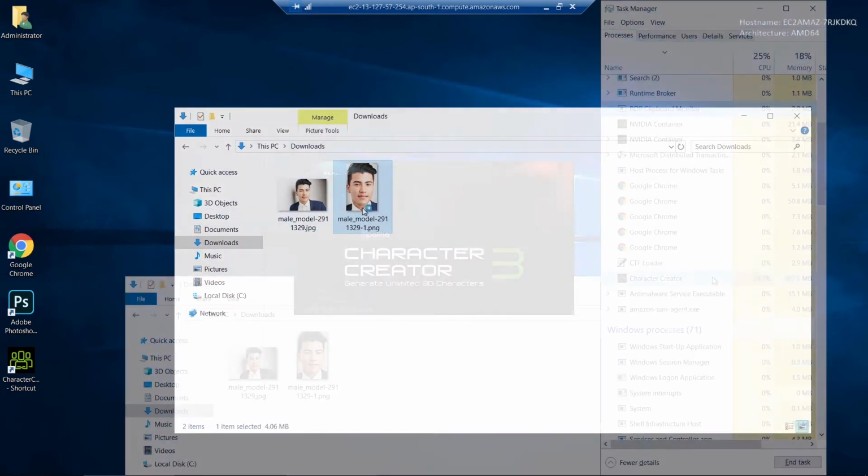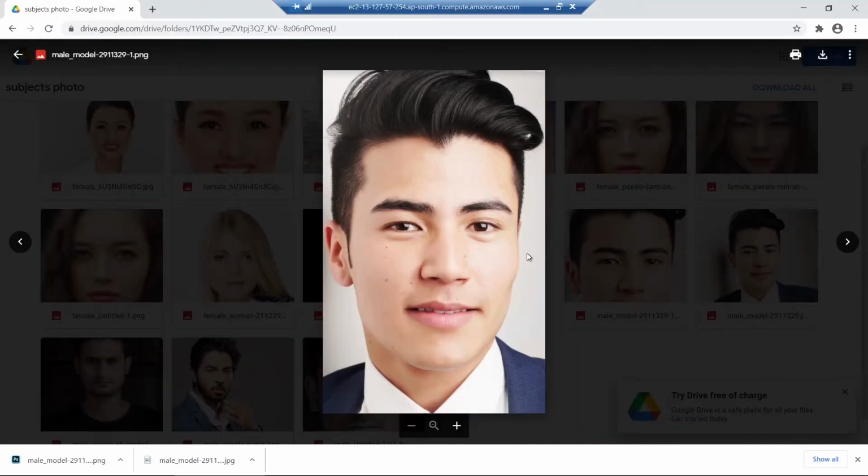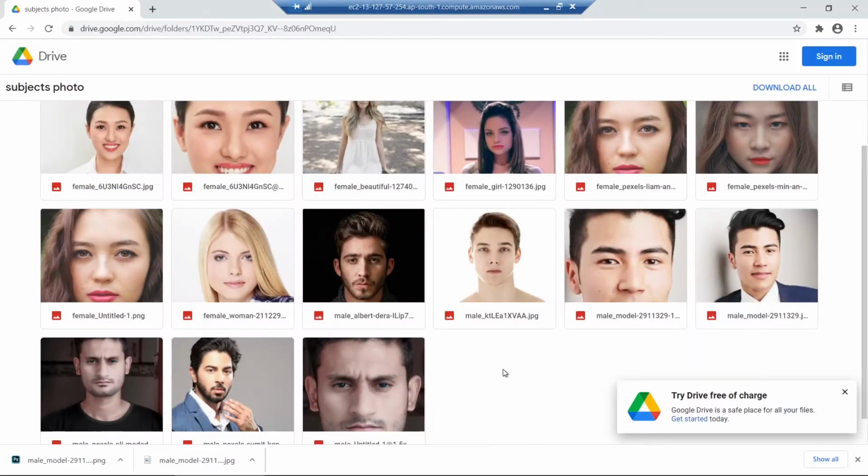This will take a little time to initiate. It's loading all of the plugins, because this is big, complex software. We're dealing with 4K textures and very high polygon counts and resources. So it's taking a little time to open up. And you can see that it's using the complete CPU. In the meantime we can show you some of the photos.